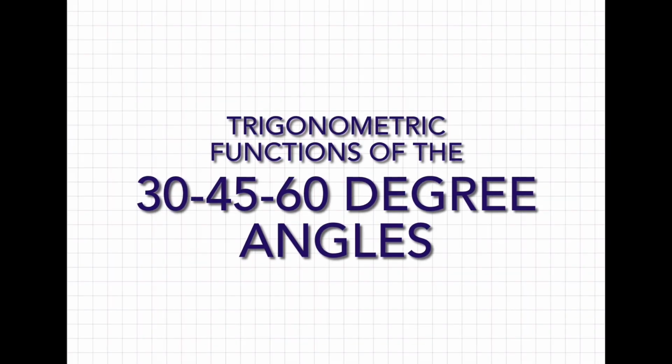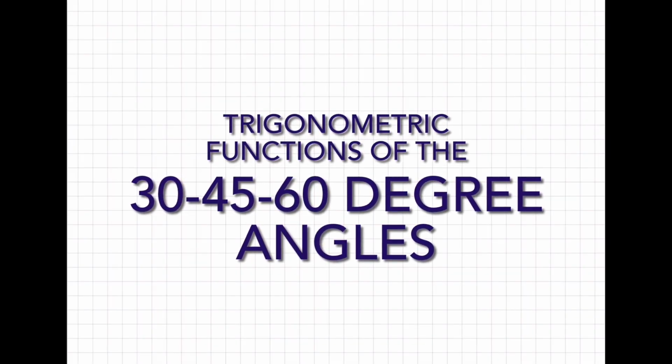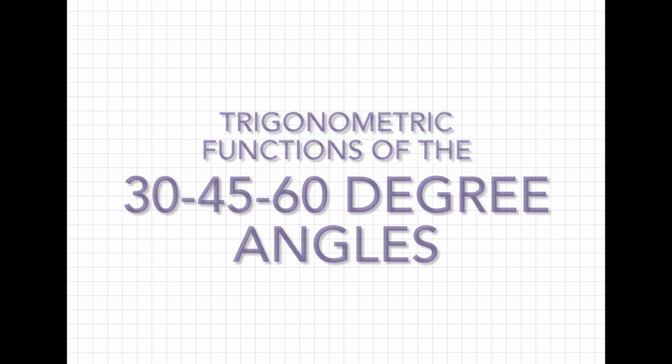Hi everyone! For today's video, I'm going to show you how to derive the 6 trigonometric functions of angles other than the quadrantal angles from our previous 2 videos. So what angles are we talking about if they're not the quadrantal angles? I'm talking about 2 sets. First is the 30, 60, 90 triangle, and second, the 45, 45, 90 degree